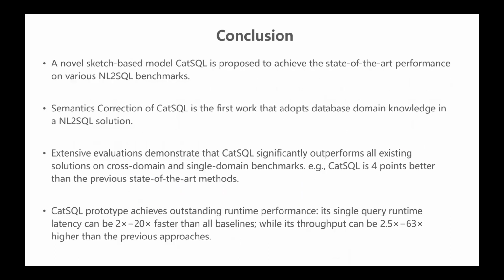Finally, this paper can be concluded as follows. We propose a new natural language to SQL method called CatSQL, which combines the advantages of both sequence-to-sequence methods and sketch-based methods. The semantics correction algorithm is proposed to improve the executable rate of the generated SQL queries. CatSQL is evaluated on multiple benchmarks in this paper, and the experimental results demonstrate that CatSQL significantly outperforms existing methods in terms of both